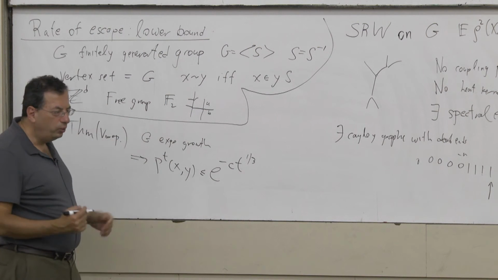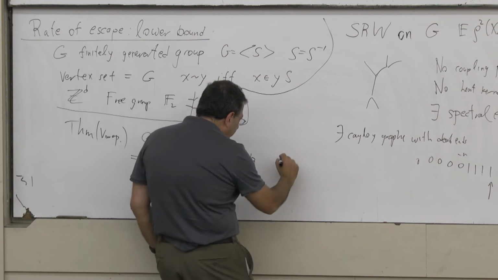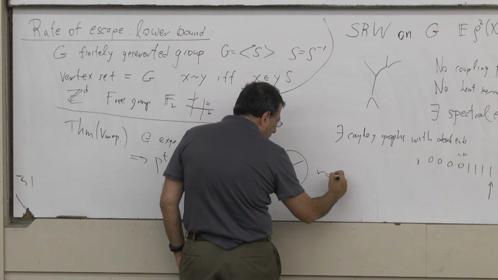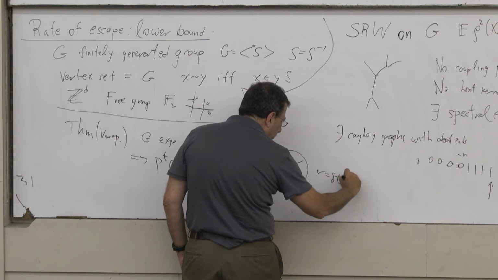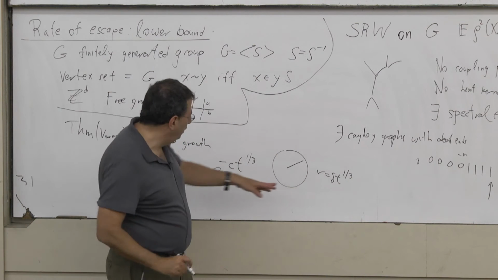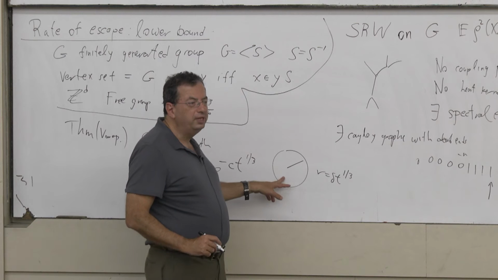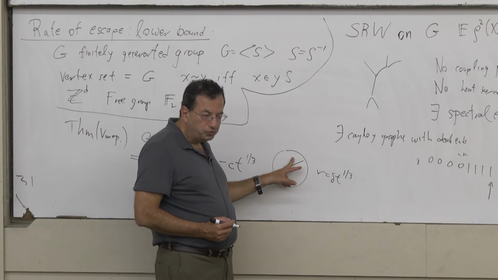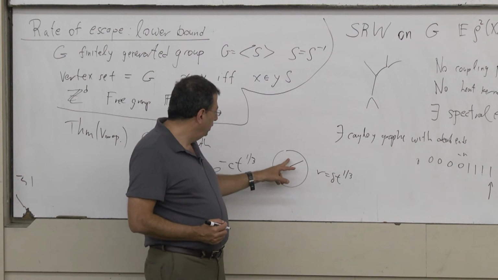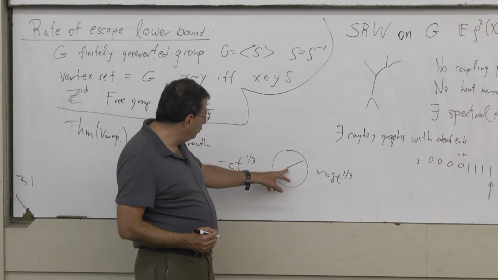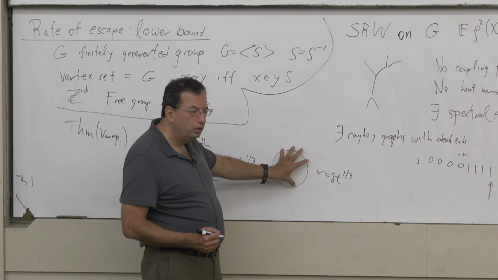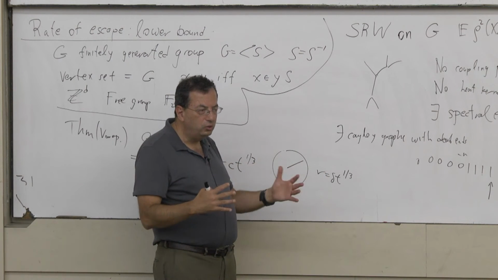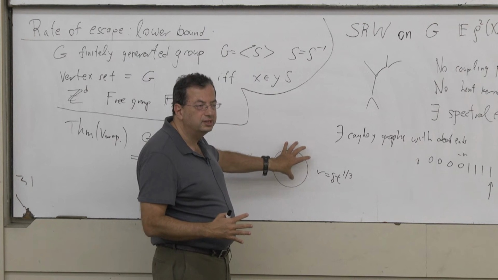Now, if I want to use that, then if I take a ball of radius r, which is a small constant delta t to the 1/3, then by choosing my delta small, I can ensure that the probability I'm in this ball is going to be small. Because any individual point has chance e to the minus this chance, and the number of points in this ball is only growing like e to the constant r. So comparing these two, I see that the overall chance of being in the ball, just as a union bound,